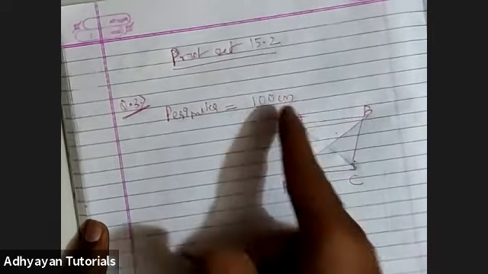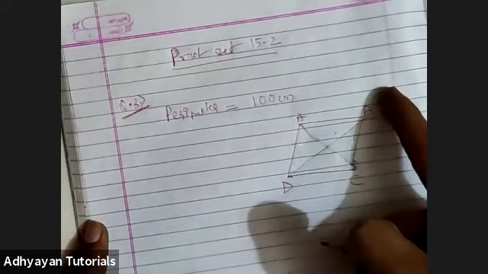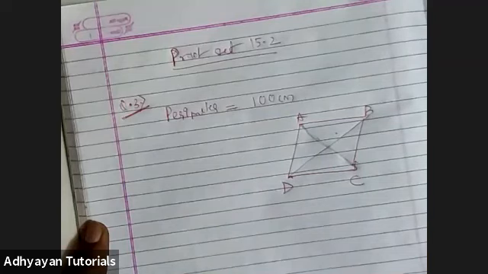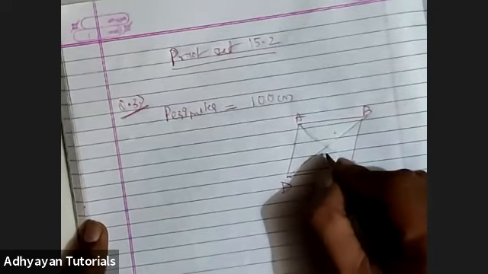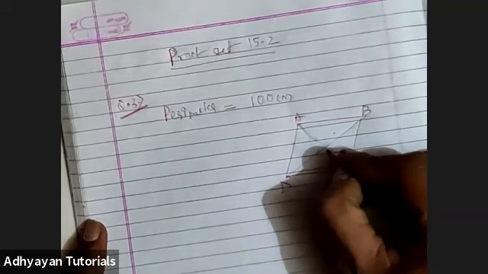So there are two diagonals, AC and BD, right? AC and BD are the diagonals. What is the area of the quadrilateral? Let's say they intersect at a point M,